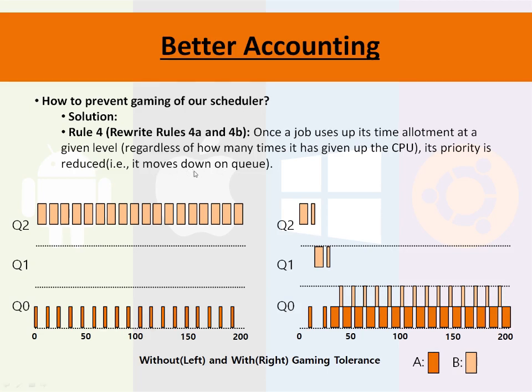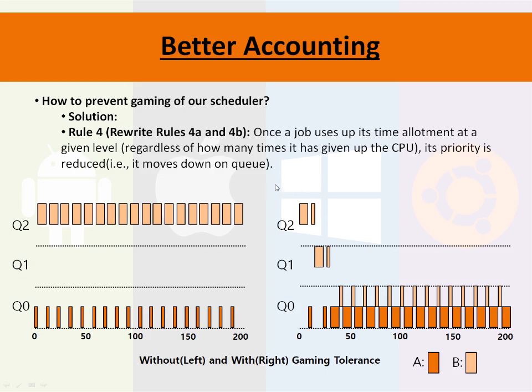How do we account for fixing the gaming of our scheduler? Well, a solution to this is to utilize better accounting, and specifically we modify rules A and B. So once a job uses up its allotment of time at a given level, its priority is reduced. So regardless of how many times it gives up the CPU, its priority will be reduced, and it moves down a queue. So we won't get this case of where 2 jobs will jump up and down between each other in